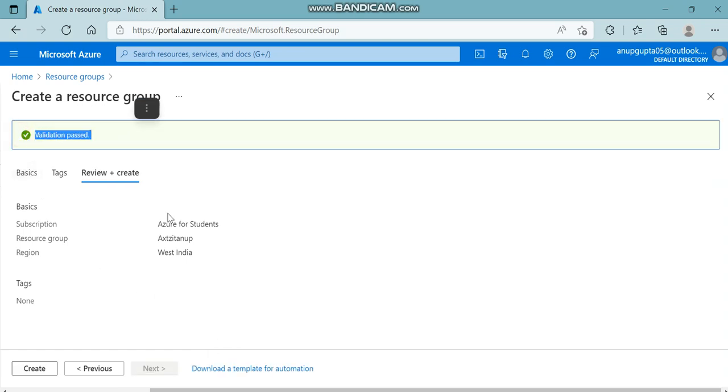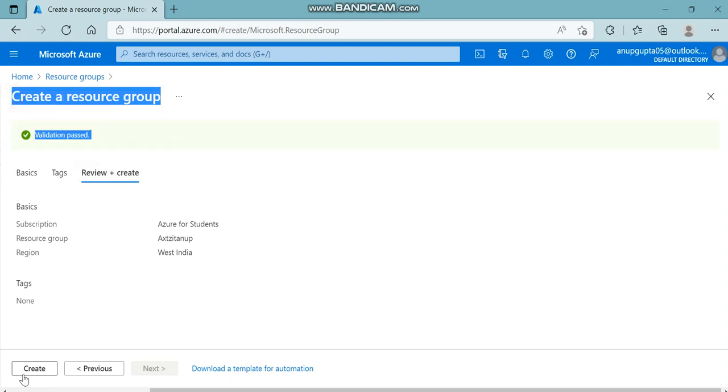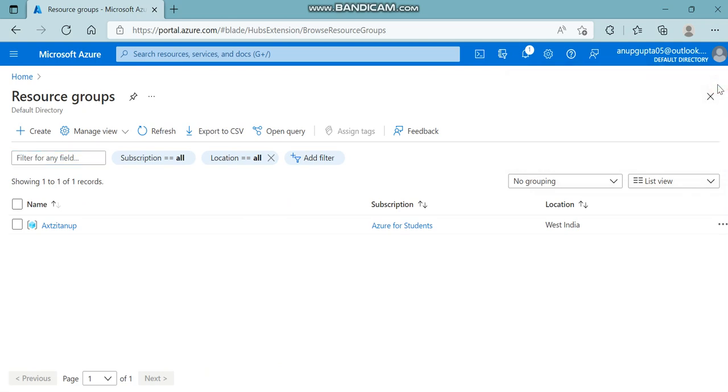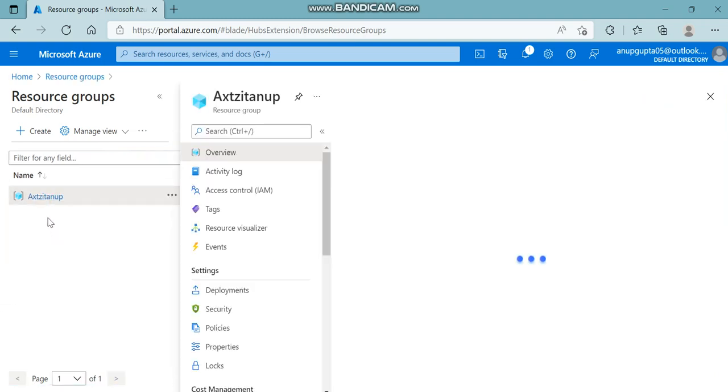Validation passed, you can see review plus create. Once your validation is passed, just click on create and you can see our resource group got created. Good. Subscription you can see, location you can see, right? You will click the resource group, and now